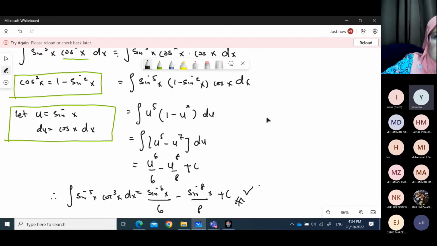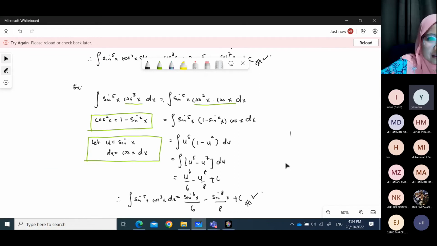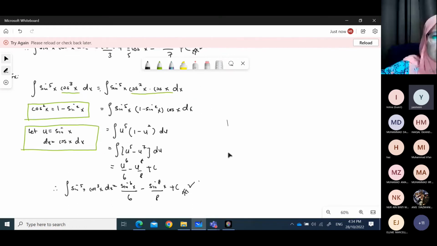Ini satu cara. Satu cara lagi, kalau you faktorkan bagi sine to the power of 5x, you akan dapat jawapan jugalah. Okay, so kalau dalam exam, kalau ada soalan macam ni, ataupun kalau you jumpa mana-mana pun, you boleh guna dua-dua kaedah. Sama ada you faktorkan bagi sine ataupun you faktorkan bagi cosine. Okay, boleh? Ada soalan? Okay, so ni jawapan dia. Yang lagi satu, katakan you faktorkan bagi